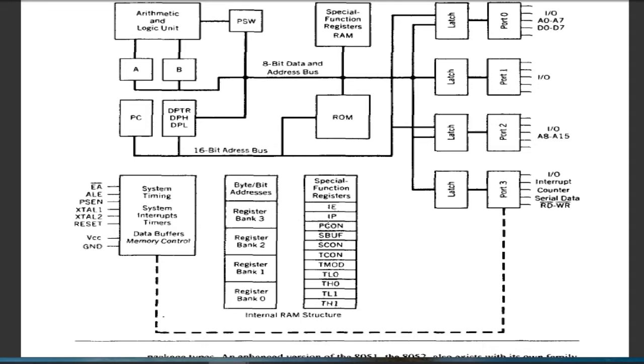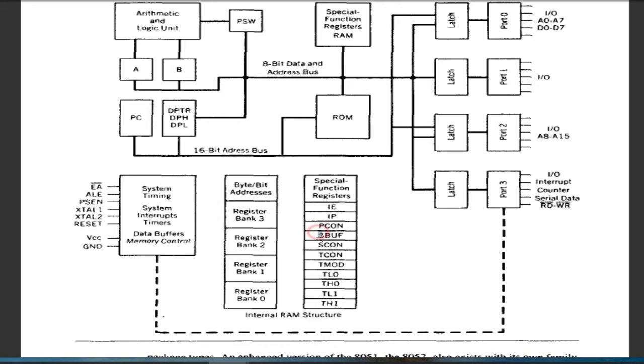Then PCON is nothing but the power control register. It is used to decide whether 8051 should operate in regular power mode or move to save power mode. That can be controlled by using this PCON register.